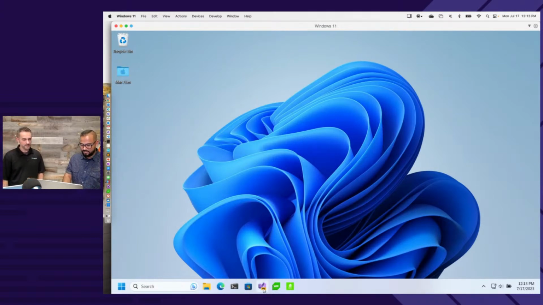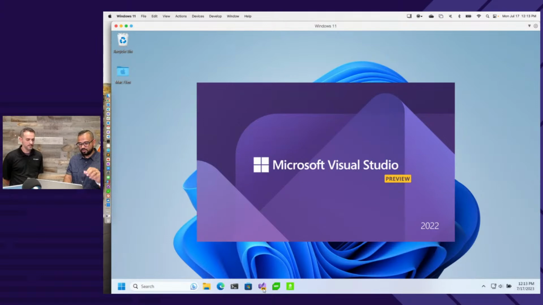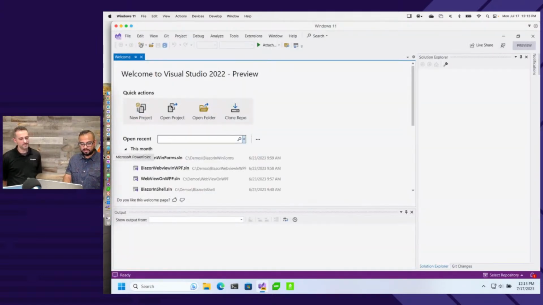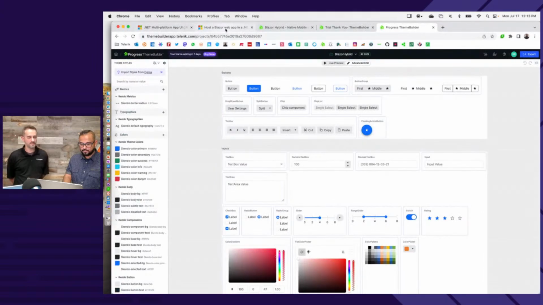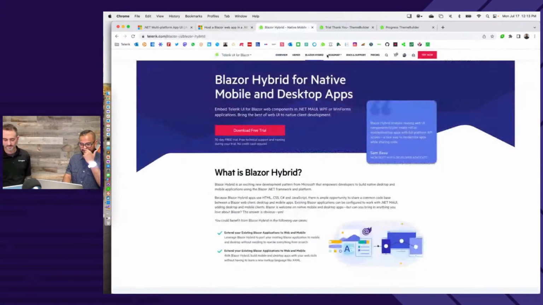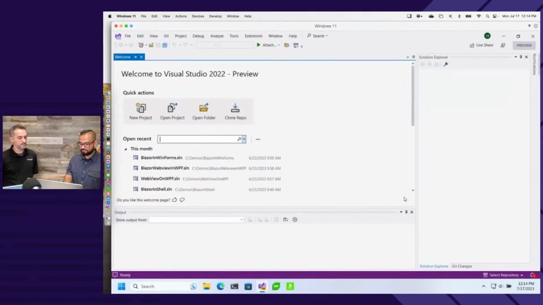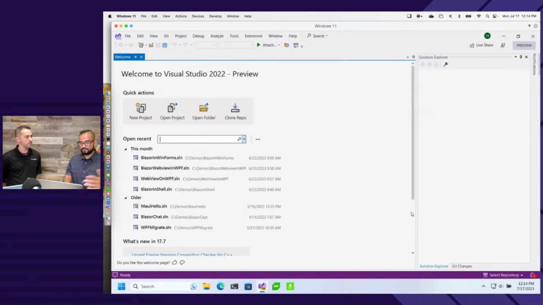So I just wanted to show you that all of the Blazor UI that we just talked about for Maui is also welcome. If you look at the Blazor Hybrid landing page that we have, this is our new Blazor Hybrid landing page. Notice it's not just for .NET Maui, it's also for WPF and WinForms. So all of your desktop legacy, I don't like the word legacy because it seems old school, but it's running your business. It's critical to you. So you can bring in all of our Blazor UI components inside of WPF and WinForms as well, which is, again, not to be taken lightly because these are older platforms and they just run fine on .NET 8 and .NET 7 and 6.